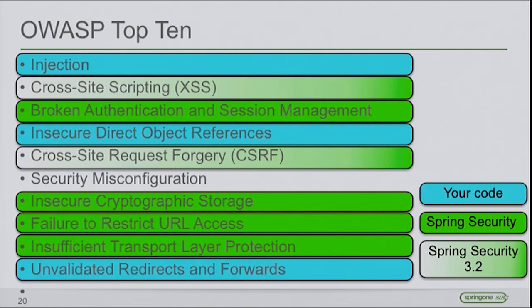So with that one, we can already solve a lot of things. Validation helps us with a lot of these top 10 issues. It helps us with injection, I would say 100%, because injection always means something arrived at the server which was not really meant to be on the server, and validation will help us with that. Insecure direct object reference is also something where validation can help. If someone tries to access an object directly, then validation can help you with that. Spring Security can also help somehow, with the pre and post authorize filters. And with unvalidated redirects and forwards, it even says unvalidated, right? So validation is important, okay?